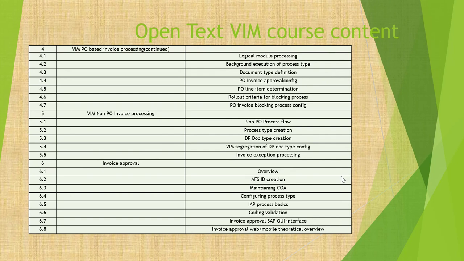Coming to VIM non-PO invoice processing, as I mentioned, the product code is PIR. We'll do that configuration and cover how we can do it. Non-PO process flow and process type creation, DP document type creation, VIM segregation of the DP document type config, invoice exception processing. Coming to the invoice approval process, as we discussed already, we will cover the configuration part,